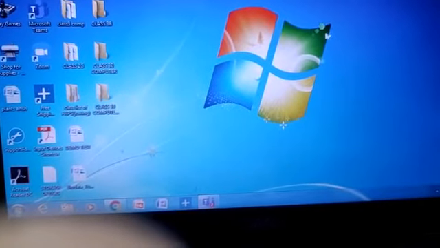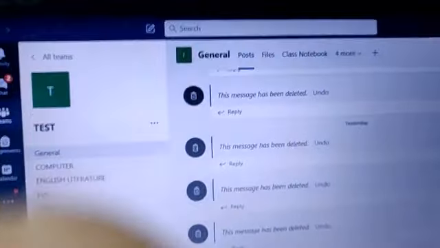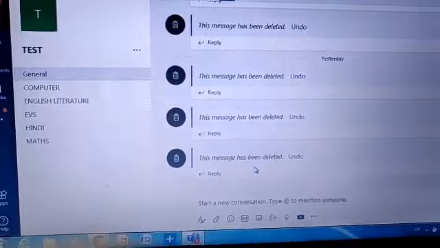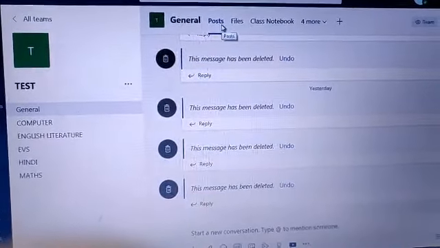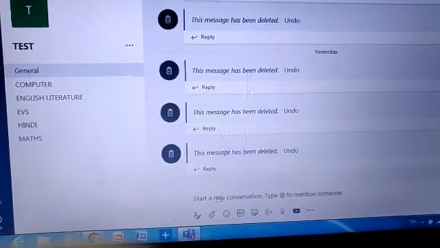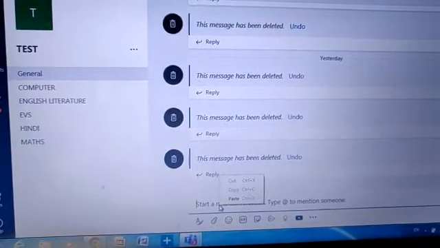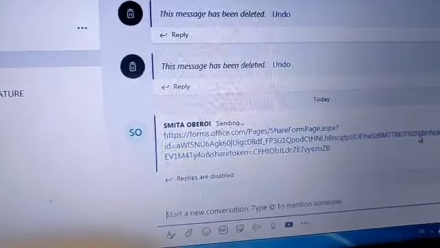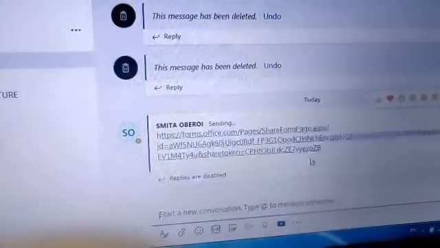After copying, straight away you will minimize this window and go to your Teams. Now my Teams window is open. Just for example, think that this is your common group where all you teachers are sharing your work. So this is the general post. In my general, I'm going to post here. So on my chat, I'll go and right click and paste it. After pasting, you have to click enter, send. Now the link of my form is being pasted here. It is sending now. It is going to show you the duplicate form.